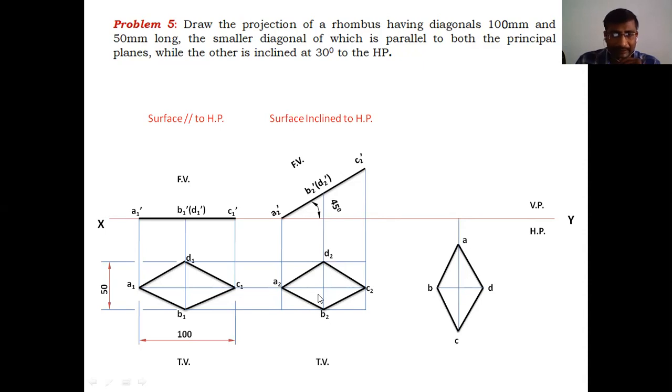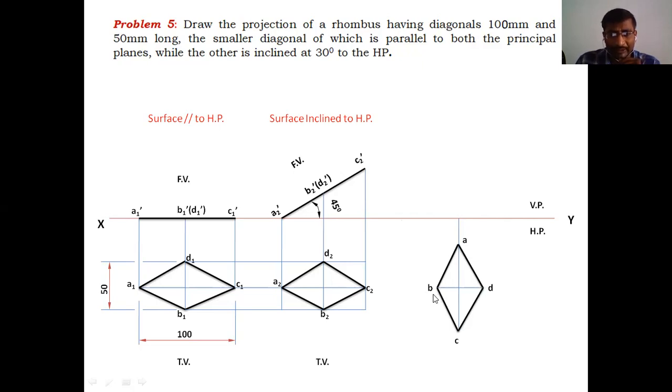Okay, the smaller diagonal must be parallel to the XY line. Here the smaller diagonal is perpendicular to the XY line. We have to rotate the smaller diagonal to be parallel to the XY line. Like this, you have to draw the top view. Clear? After getting the top view diagram in the third stage, we have to project all the points,